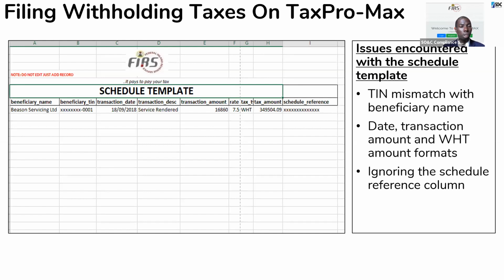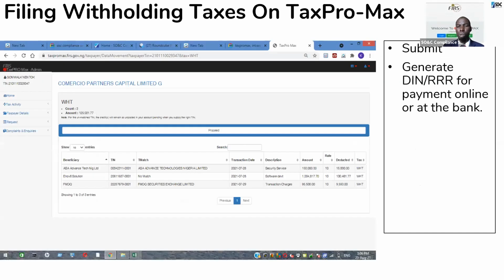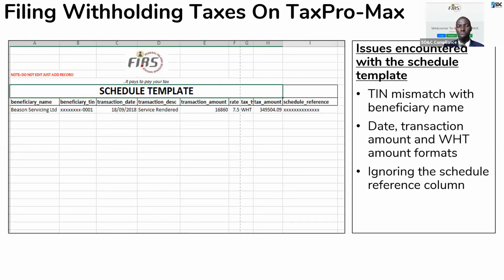Maybe possibly their invoice, an invoice number, or just a serial number that you create for your vendors. So you have to ensure that field is filled. You can just put 011, 012, 013, 014, just like that, just to have a reference, because if that column is ignored, you may not go through. So after you upload your schedule template,